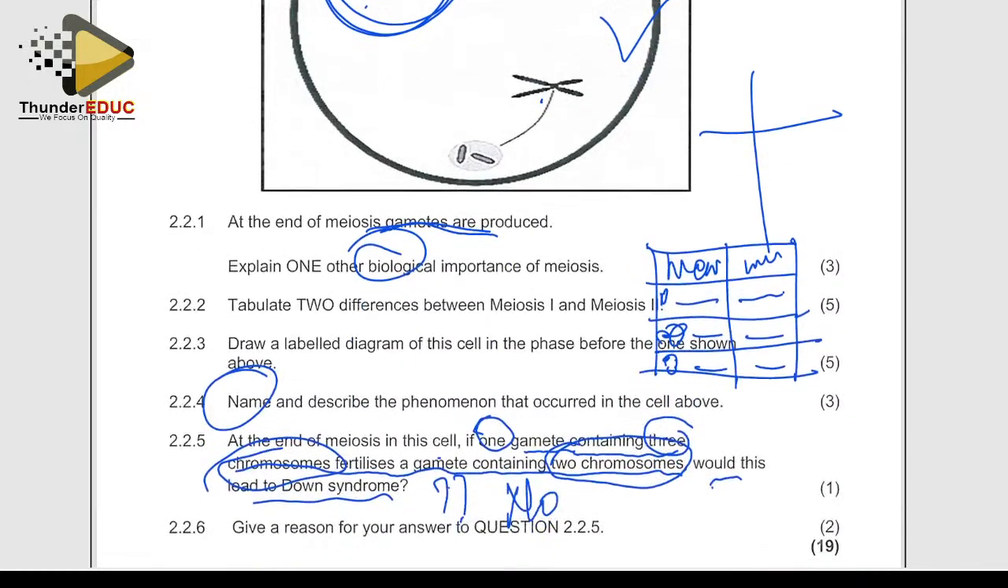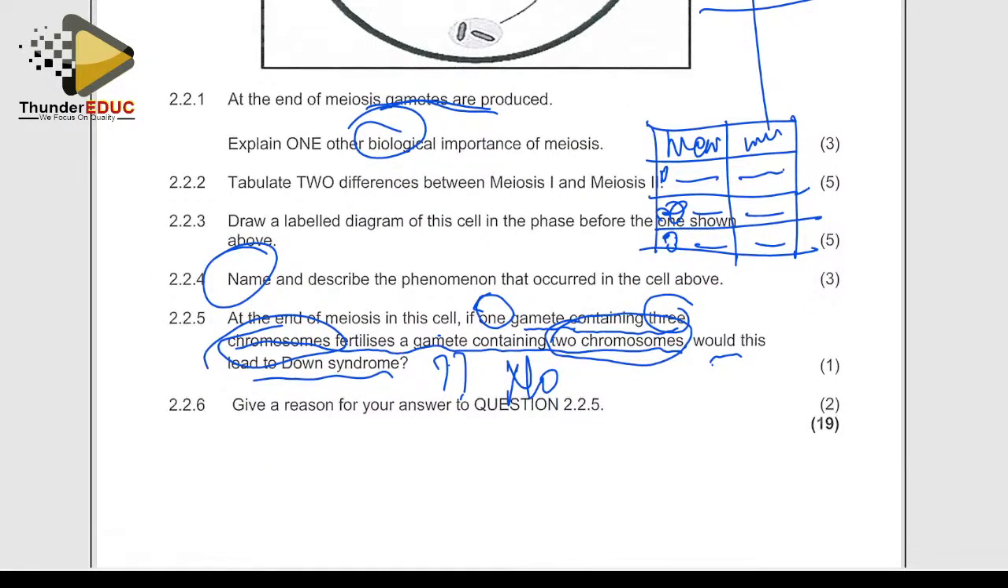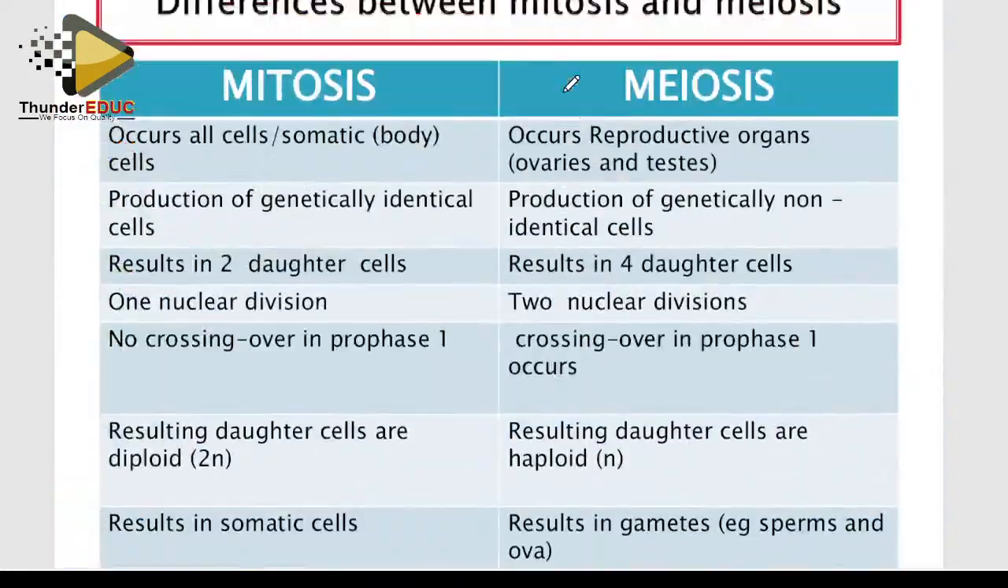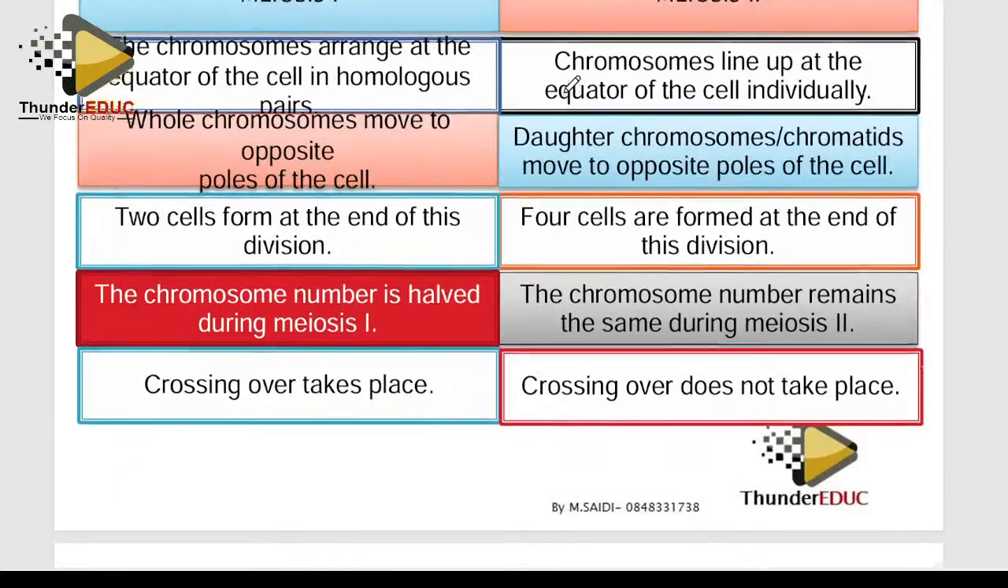So does it lead to Down syndrome? The answer is no. Why? Because this is not a human cell. And they didn't mention that this is chromosome number 21. It only applies to chromosome number 21. Do you understand? Even when we are talking about it here,